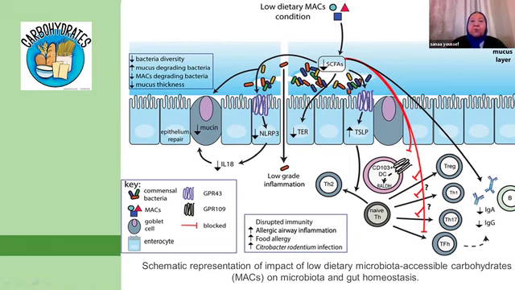As we said, it promotes more harmful bacteria and fewer good bacteria, which we call dysbiosis, or the imbalance between the good and the bad microbiota. And it increases the mucus degrading bacteria, and there is a decrease in the microbiota accessible carbs degrading the good bacteria, and it decreases the mucus thickness, which was like a trap,